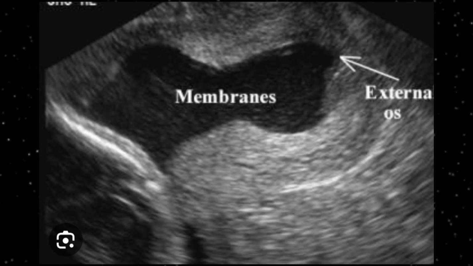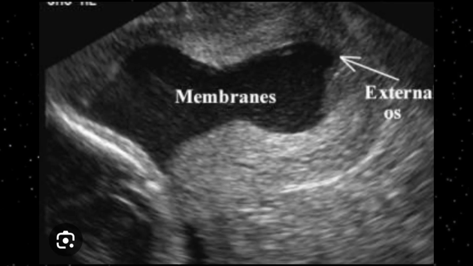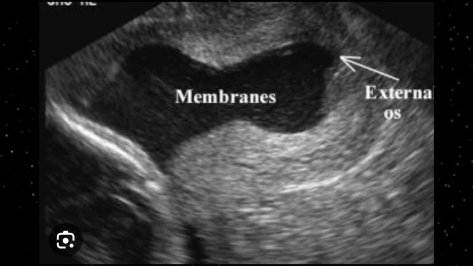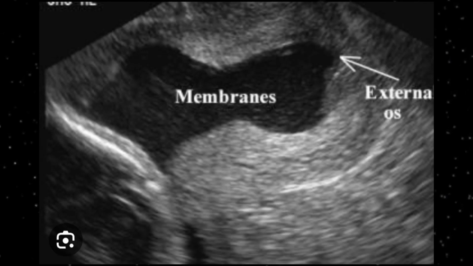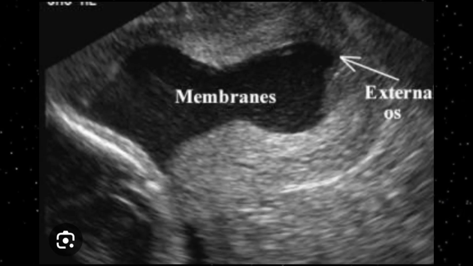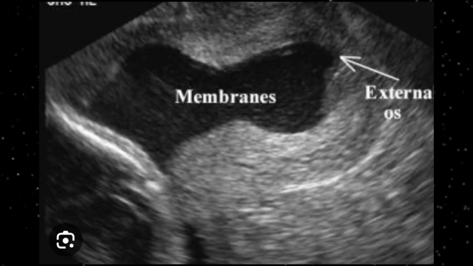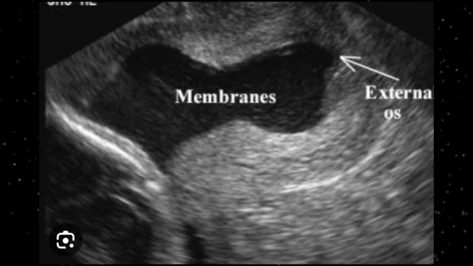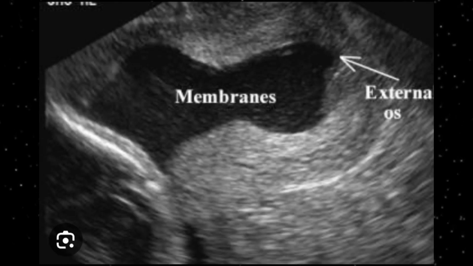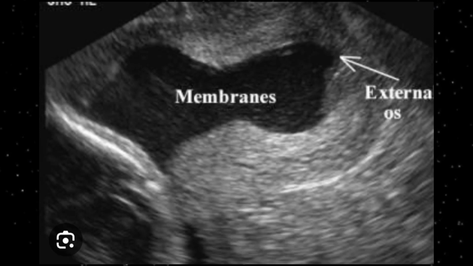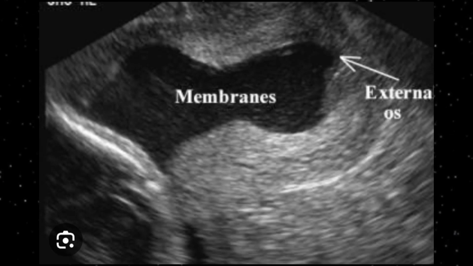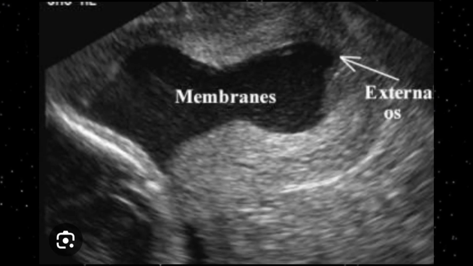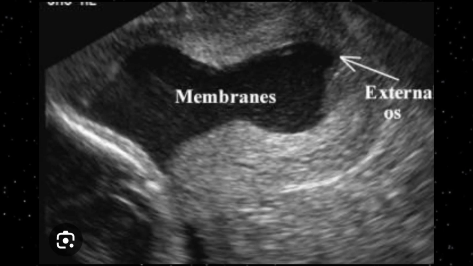On this image you can appreciate the fetal parts, and beside the fetal parts you can easily distinguish the dilatation of the internal os, because there is no longer maintenance of the internal os, there is no integrity of the internal os. Internal os is markedly dilated. Beside this, amniotic fluid has been expelled into the endocervical canal. These 2 points can be picked quite easily. The third point which needs attention is